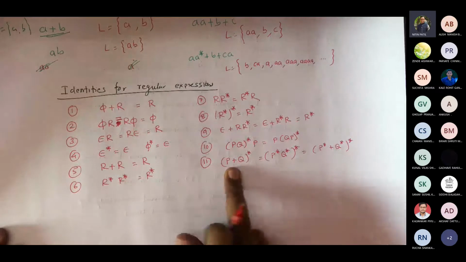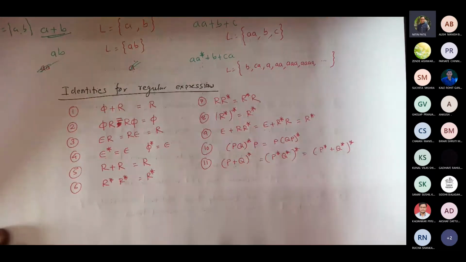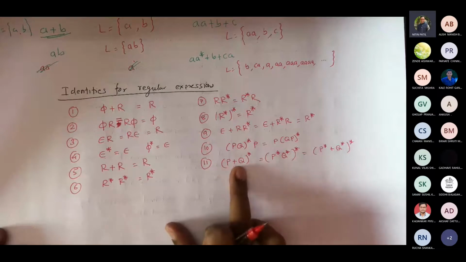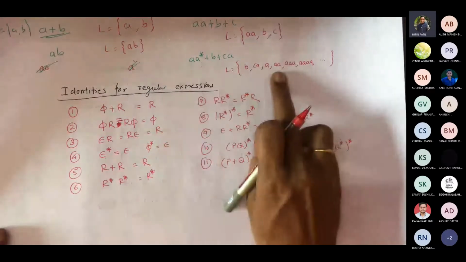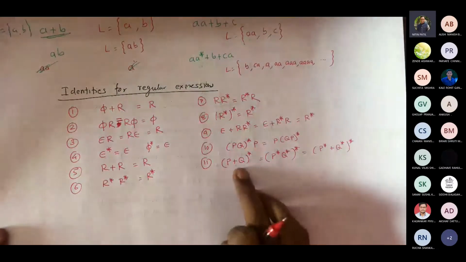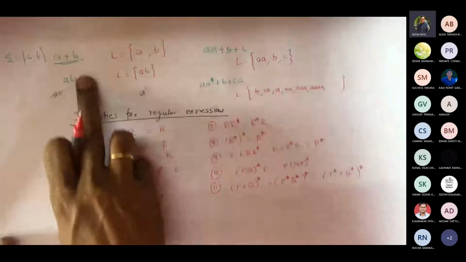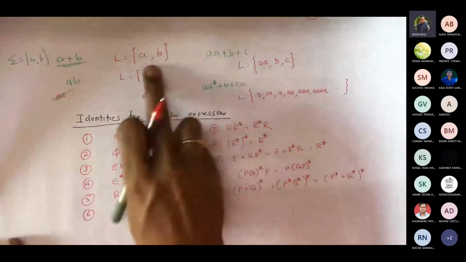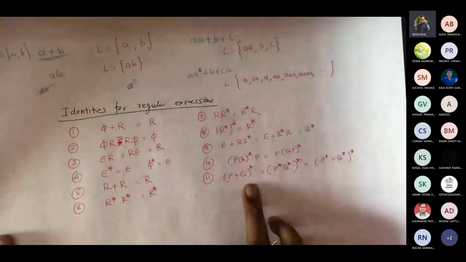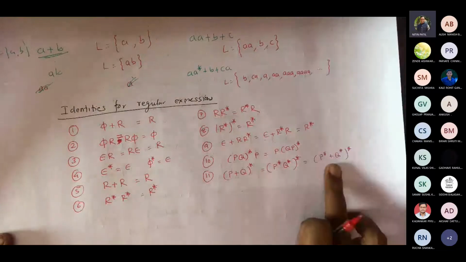Now think of this. P plus Q, you are taking repetition. So either combinations of P's or Q's or both, correct? Because it is a combination. We already saw A star means combination of A's. So in P plus Q, in this case A and B, you are getting star for it. So ultimately A's, B's, then combinations of A's and B's. That's how. The same case would be true over here as well.